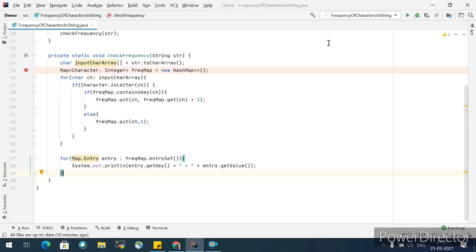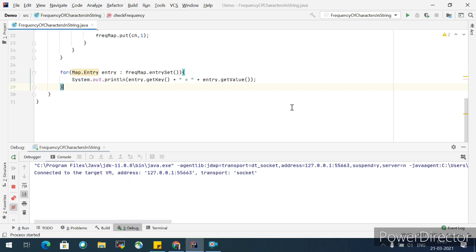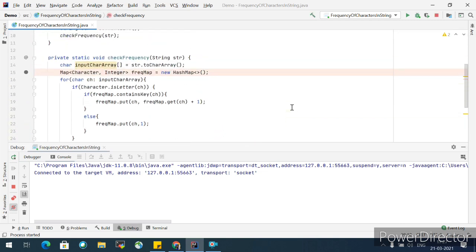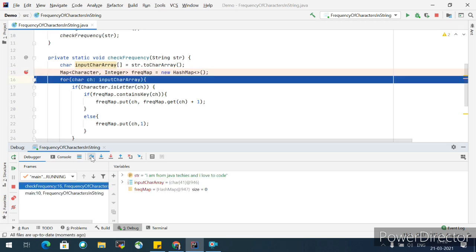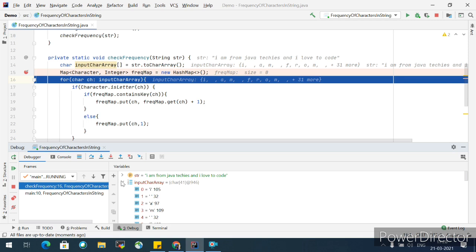I'll debug this code so that you can understand it in a better way. I'll provide it a string. I'm pressing enter. Now you can see a map is created initially with size 0, and this is my input character array.